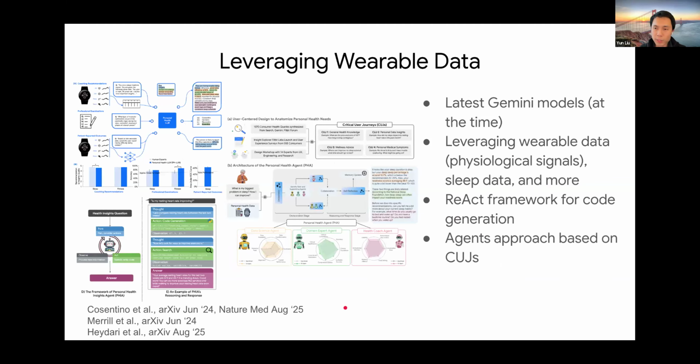All right. So switching gears a little bit in terms of the capability space, another thing that we did in this space was to understand if we can leverage data from wearables that people oftentimes have on their wrist or on their fingers. And these wearables, really what they have for the most part are things around PPG-like signals, so around waveforms of the blood coursing through the body, as well as accelerometers and other signals.